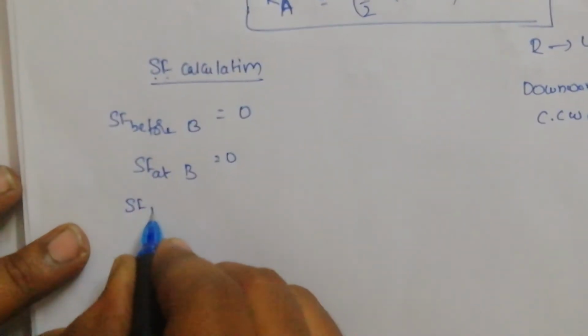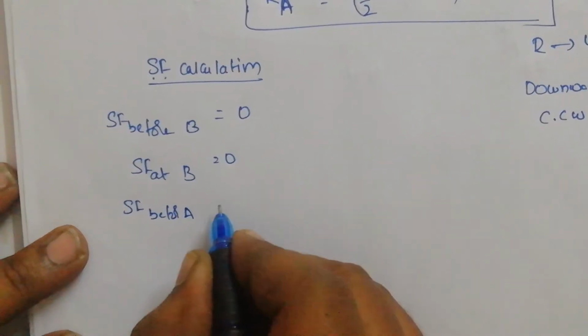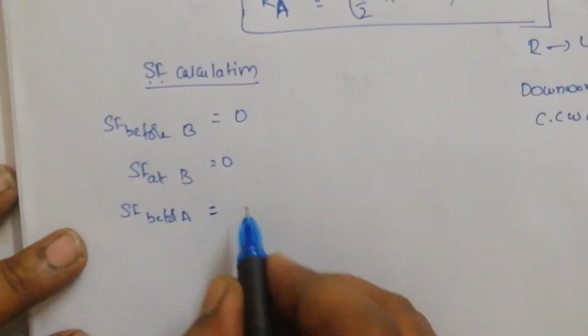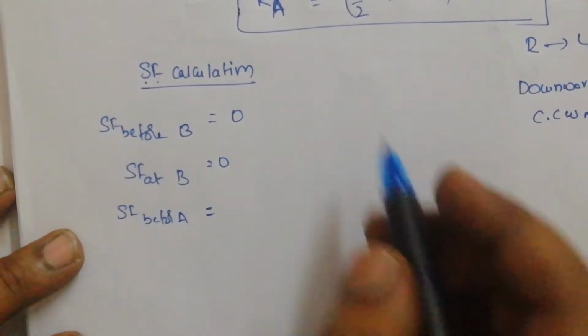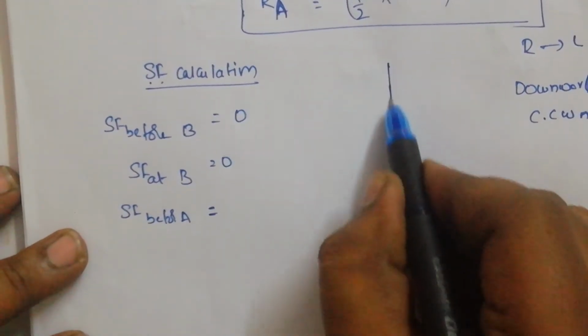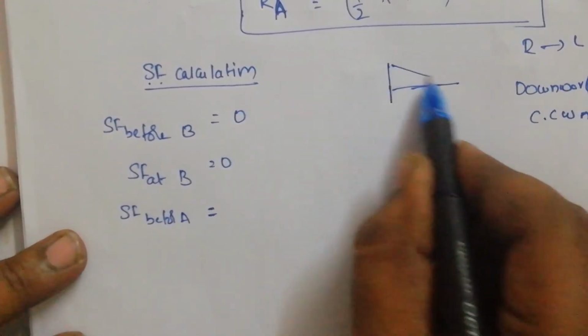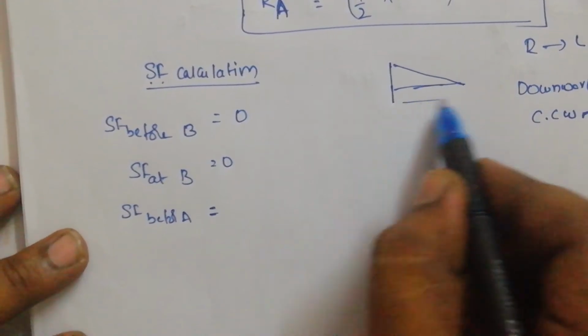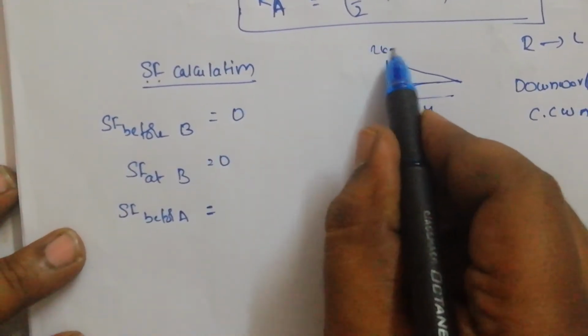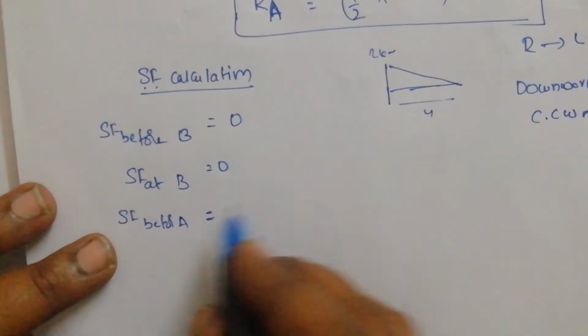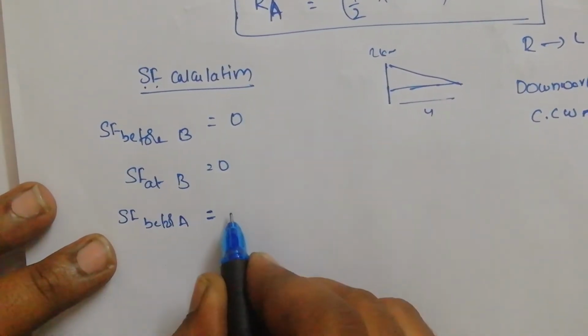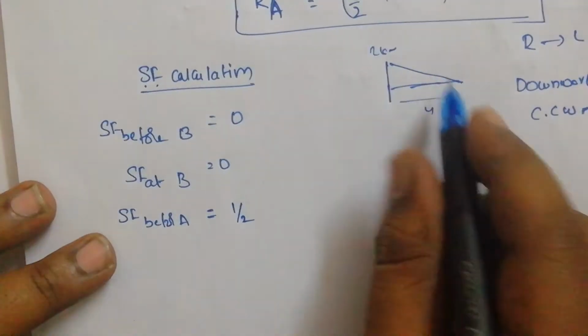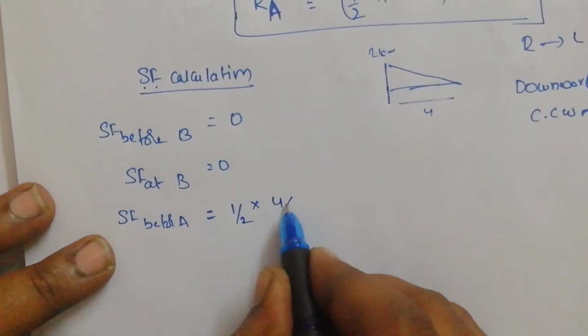Shear force before A is equal to, before A means we had a complete UVL. For simplification, I will try to draw the diagram here also. This was a diagram whose length is 4, and this is 2 kilonewton. So this is the load which is acting before point A when you solve from right to left. Therefore, shear force before A is equal to the load because of this triangle, that is half into 4 into 2,